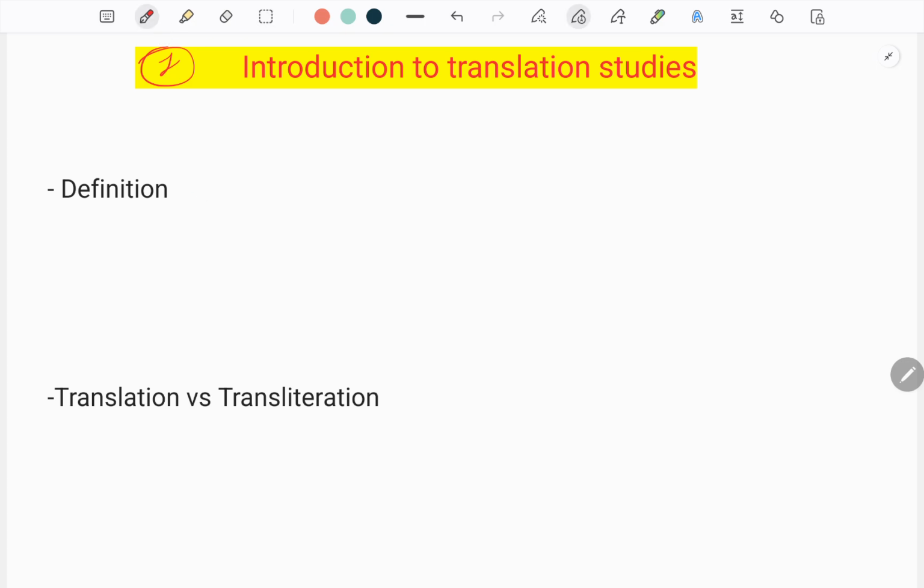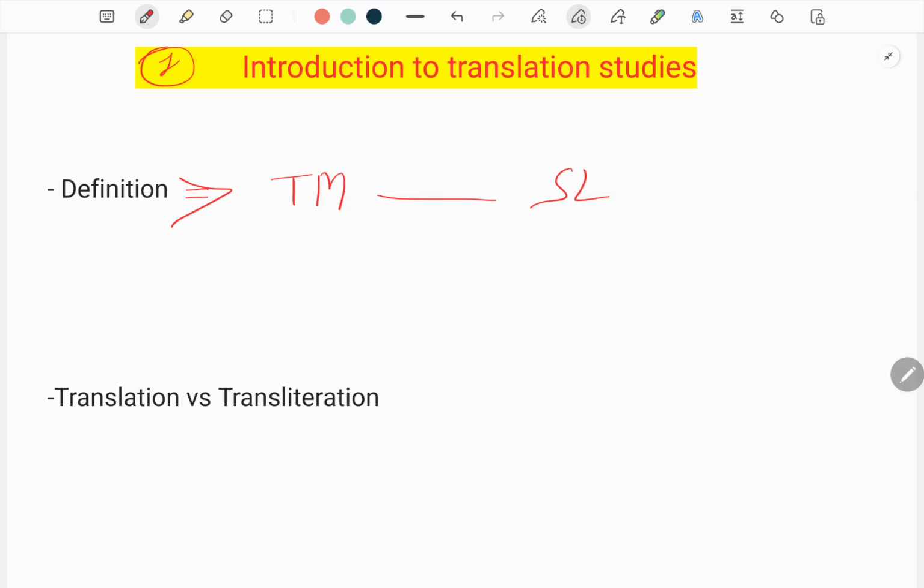What is the definition of translation? The definition of translation is the replacement of textual material in one language, that is the source language,